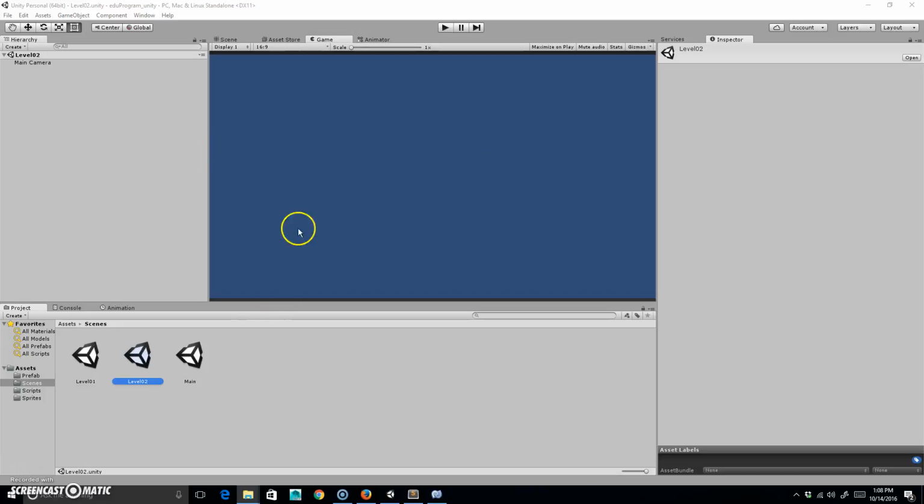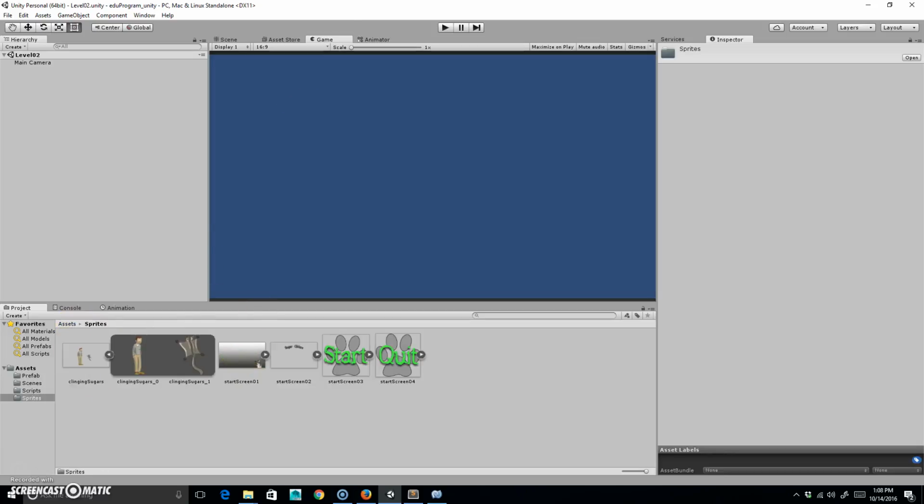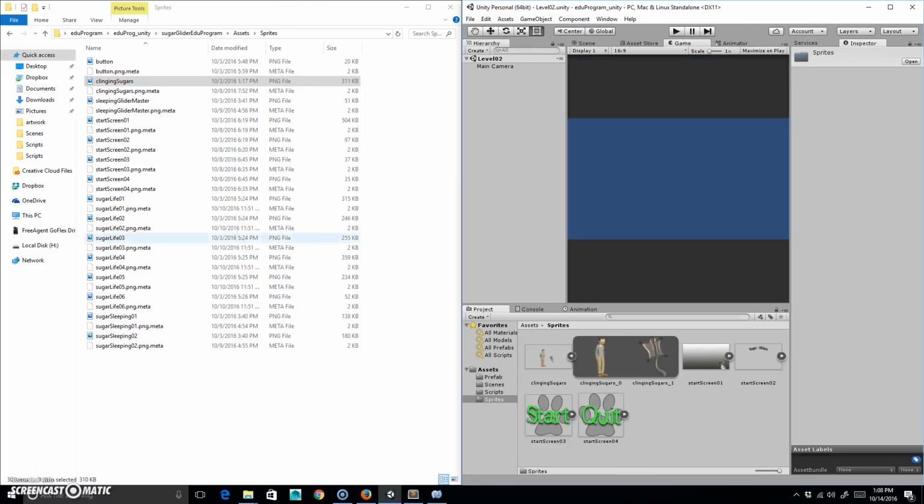All right, so for this mini thing, what I'm gonna do is I'm just gonna make a switch that makes a glider go up and down depending on the surroundings. Okay, so I'm gonna go to my assets. I'm gonna go to scripts and not scripts. Sorry, I'm gonna go to sprites, and I'm gonna bring in the necessary